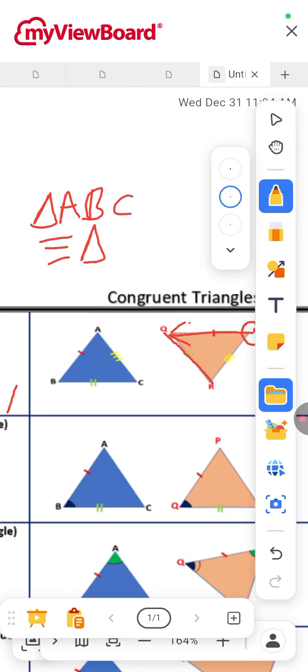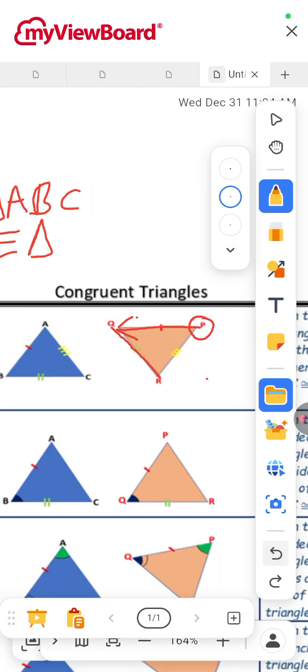Just as I moved here, A to B, that's the side that was stroked once, then I moved through the side that was stroked 2 times. So the same thing here. So I'm moving from P to Q, then from Q to R, then from R back to P. So that means I'll name this triangle PQR,